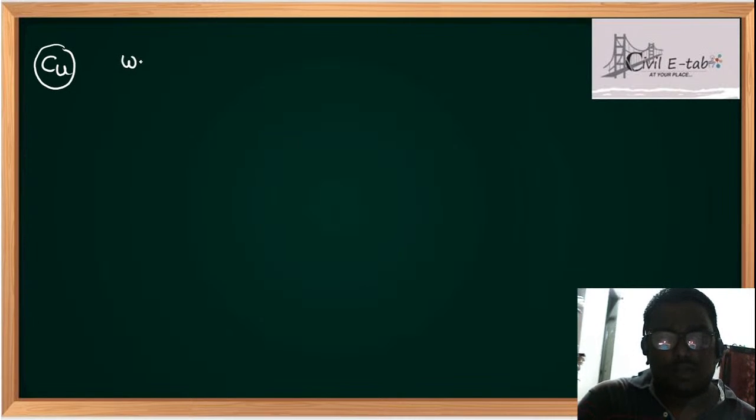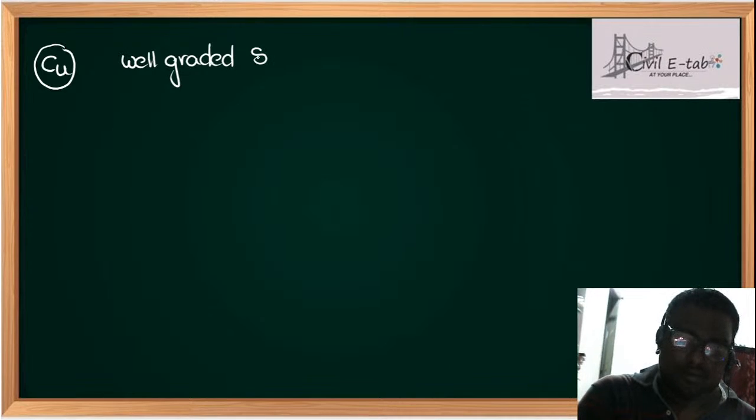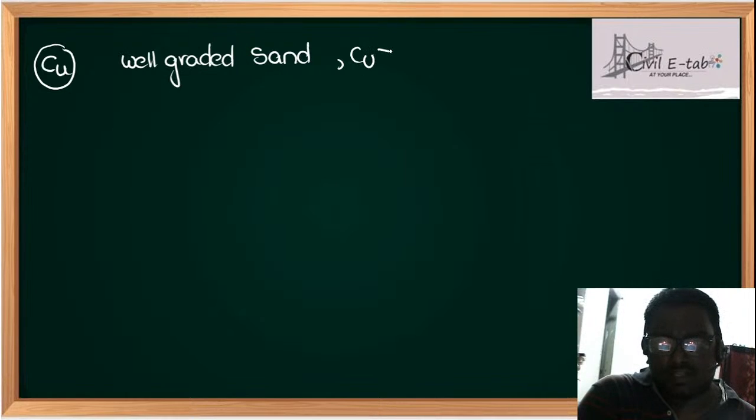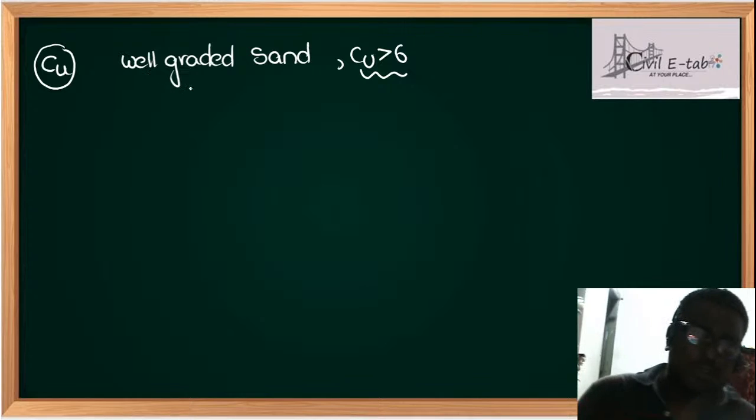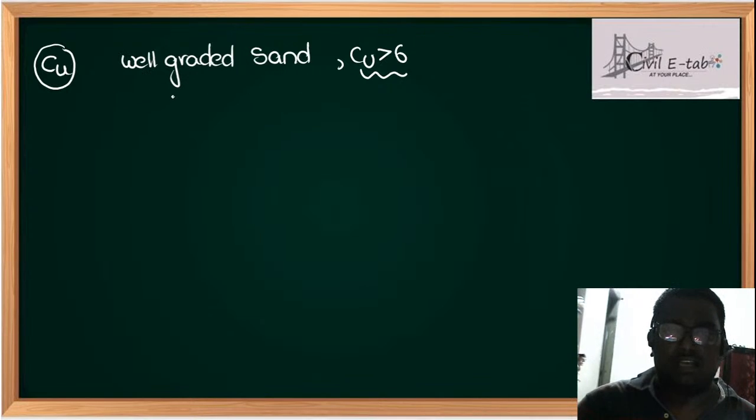Now see students, when I talk about the coefficient of uniformity, for well graded soil, remember this is very important: for well graded sand, Cu should be greater than 6. See students, if you don't remember these values, while solving the problems it would be very difficult. So for well graded sand, Cu should be greater than 6, and for well graded gravel,